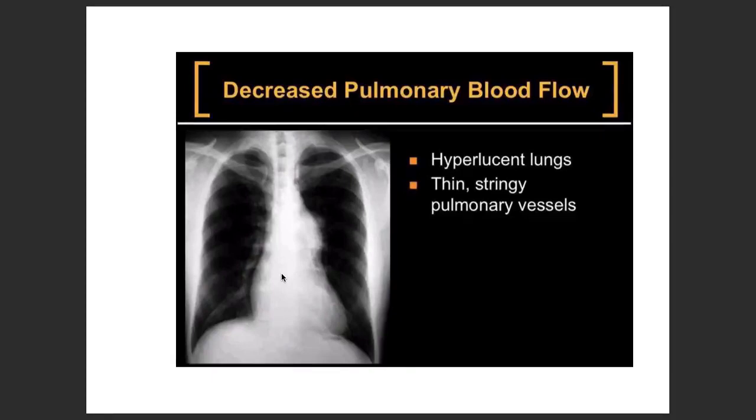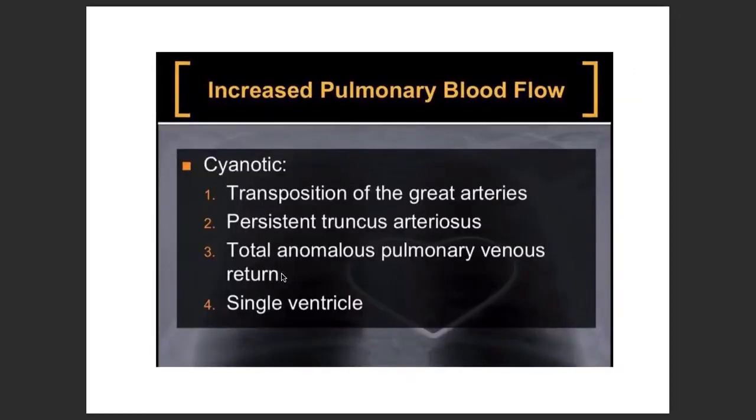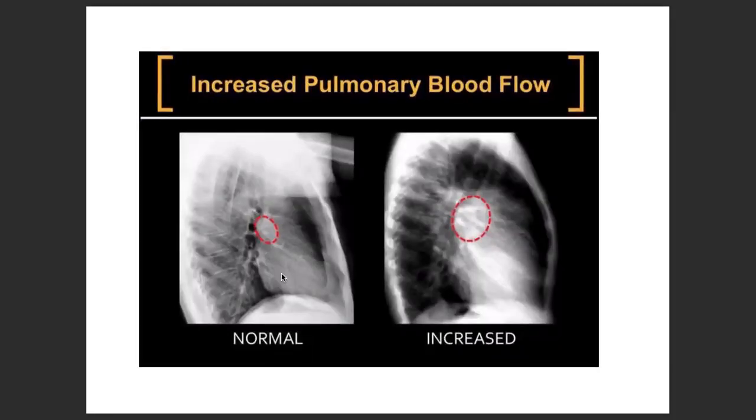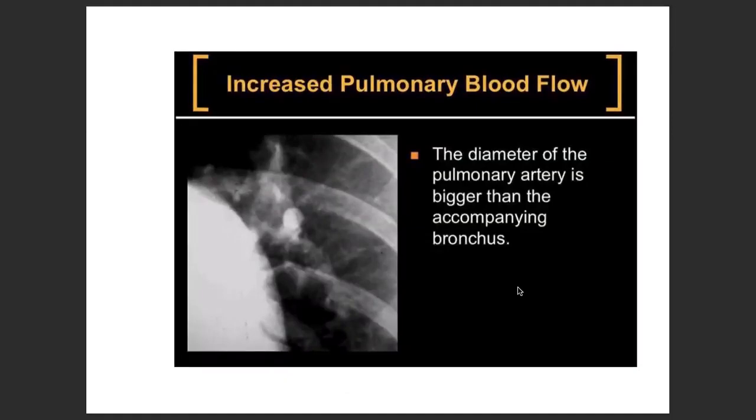Now coming to increased pulmonary blood flow, it can happen in two conditions: either cyanotic or non-cyanotic. Cyanotic can be transposition of great arteries, persistent truncus arteriosus, TAPVC, or conditions like single ventricle. There can be non-cyanotic conditions as well associated with increased pulmonary blood flow, like VSD, ASD, PDA, or PAPVC. So for example, this is the normal one. There is good exposure, which we can see in this lateral film. But over here, this is more whitish, right? Those blood vessels seem to be more whitish. This is more characteristic of increased pulmonary blood flow, in fact. And the diameter of the pulmonary artery is, of course, bigger than the accompanying